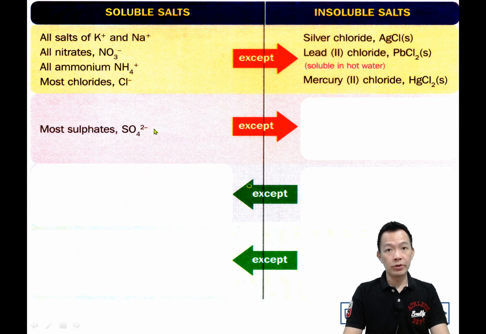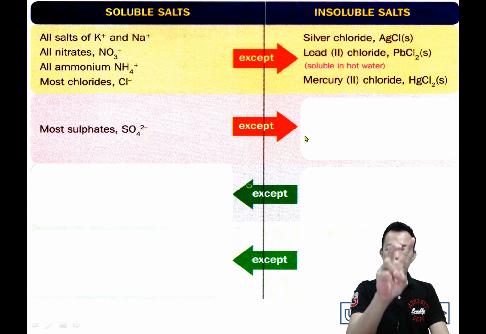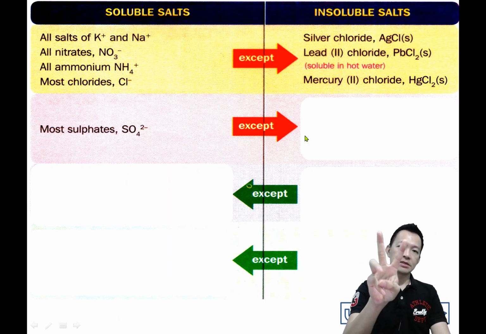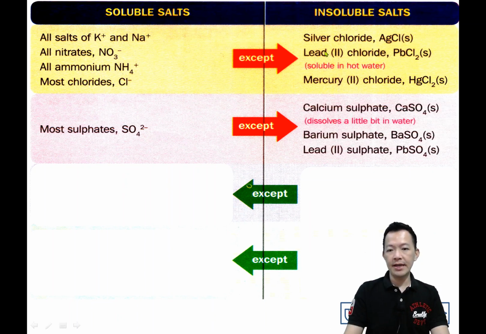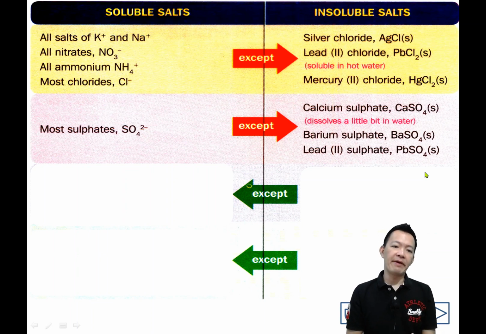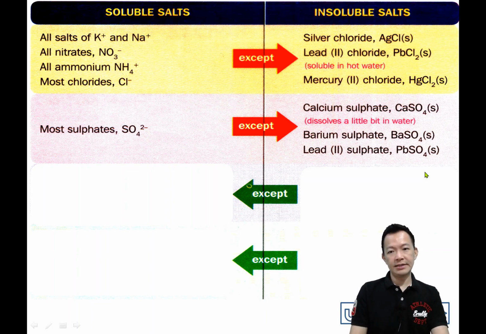Sulfate 大致上都是 soluble in water, except 除了水呢 lead sulfate, barium sulfate, calcium sulfate. And calcium sulfate dissolves very little in the water. 它一点点的溶解在水里面。Barium sulfate and lead sulfate 啦。Okay, 这两个背起来，直接背起来，想办法给它背起来。再来。